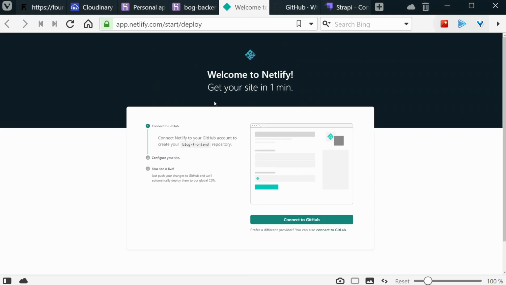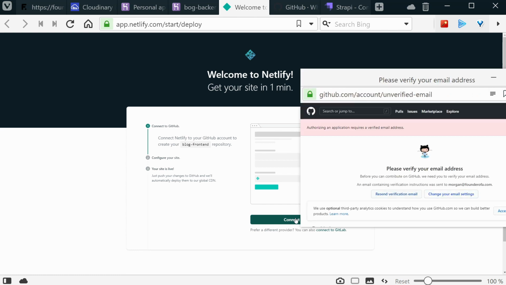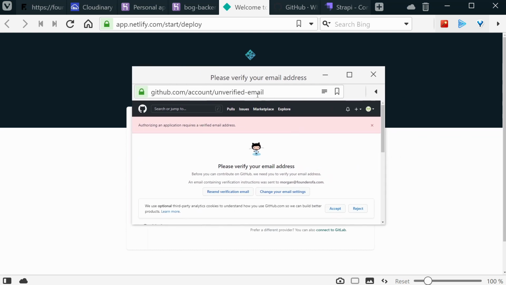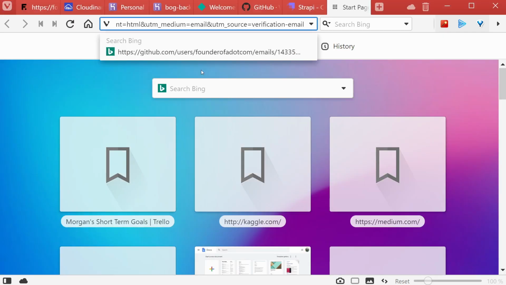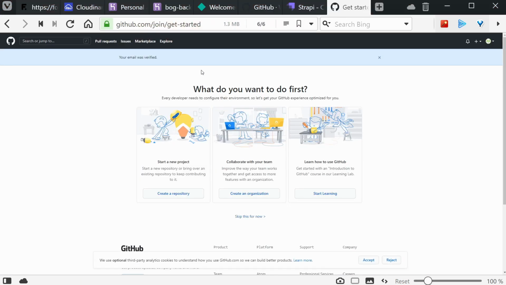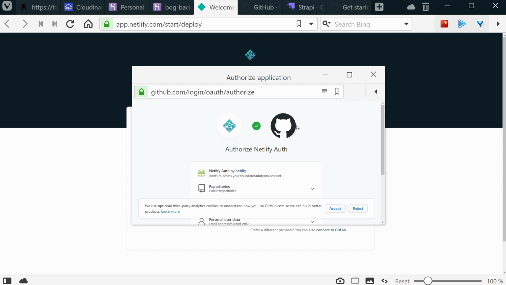So now we can go back and click Connect to GitHub. But now it's telling us that we haven't verified our email address, so we definitely need to check our email at this point and verify our email address. So I'm going to paste the link that I've got in my email into here, so that has verified my GitHub account now, and I can come back here and again click connect to GitHub, and this time it's happier,